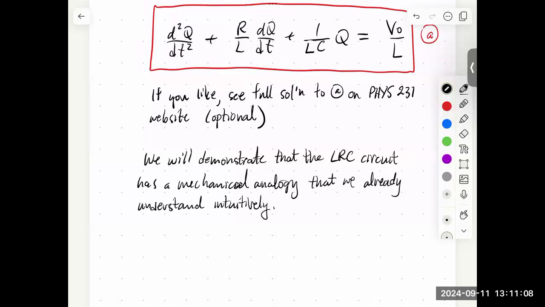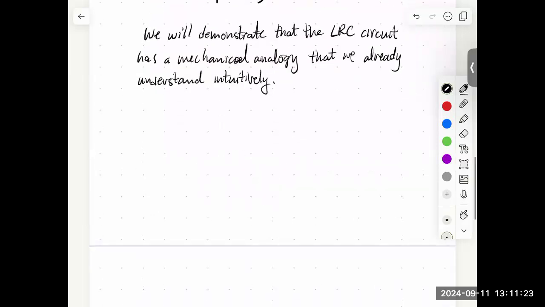The reason the LRC circuit's not intuitive is because we don't encounter LRC circuits on a regular basis, but we do encounter mechanical systems on a relatively regular basis. So what we're going to do is we're going to consider